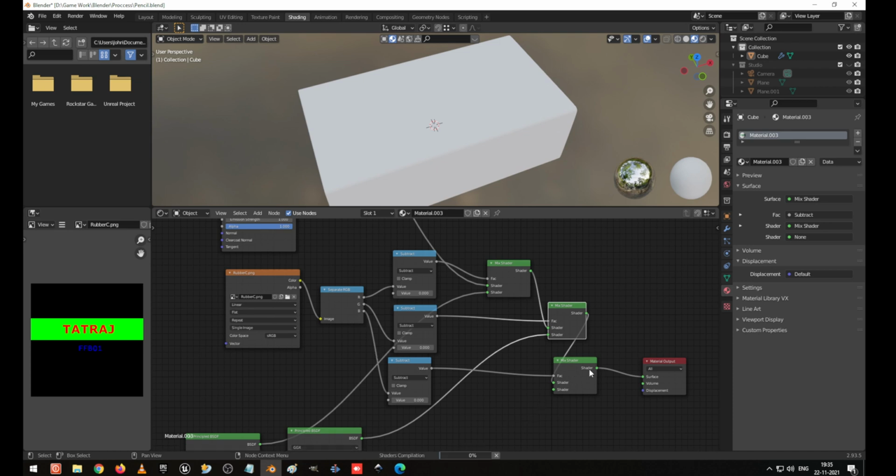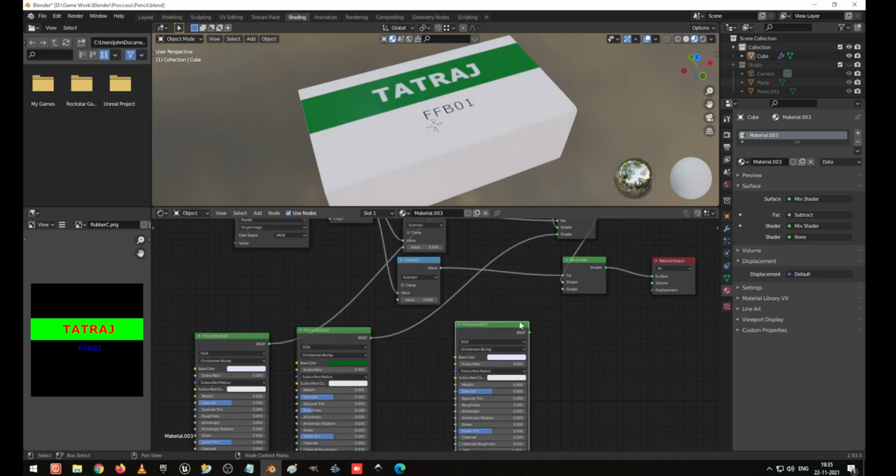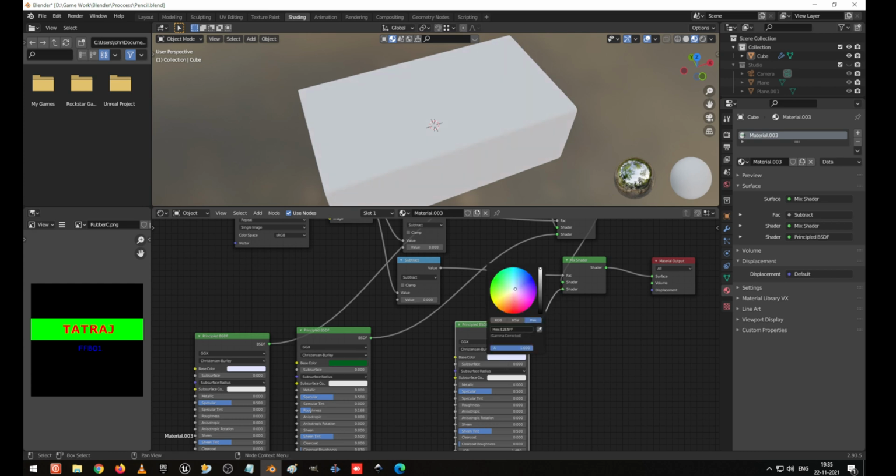Now for this I am going to create, Shift D and I create a new one. I connect this one to here and I'm going to make it red. Okay, now it has been updated.